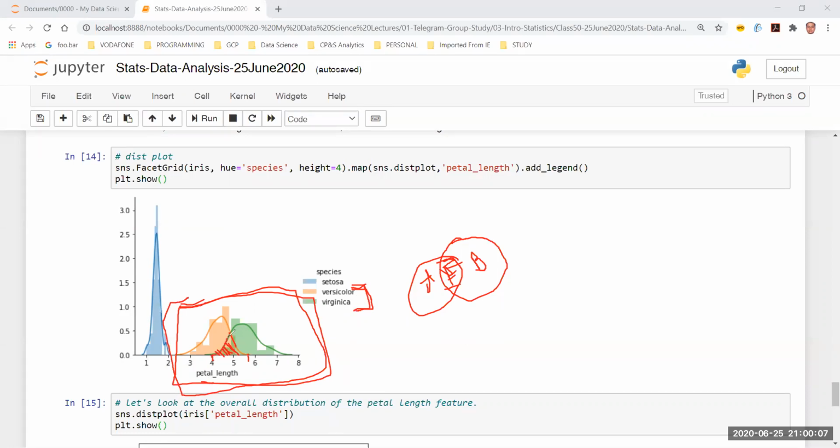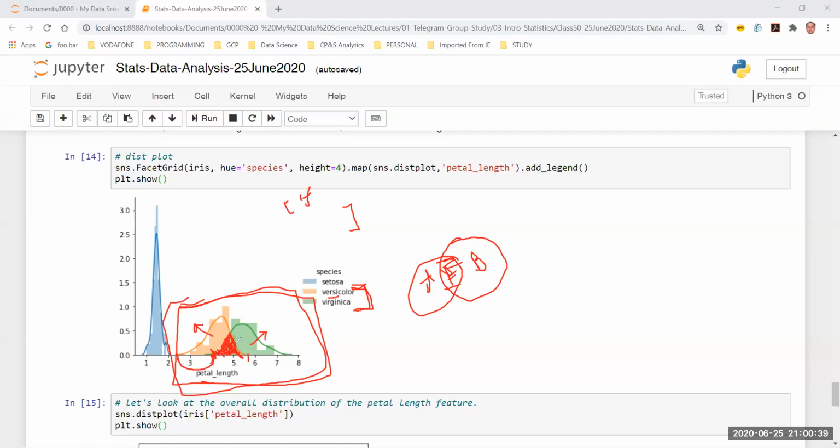But we can clearly see there is an intersection. If I ignore this intersection, everything else, this part is clearly versicolor. This part is clearly virginica. So again, if I'm going to write a program with an if-else statement, what am I going to do? I'm going to clearly say somewhere over here, 4, and this is 2.2. 2.2 to 4, I am 100% sure that it's going to be a versicolor, but that does not cover all the cases.